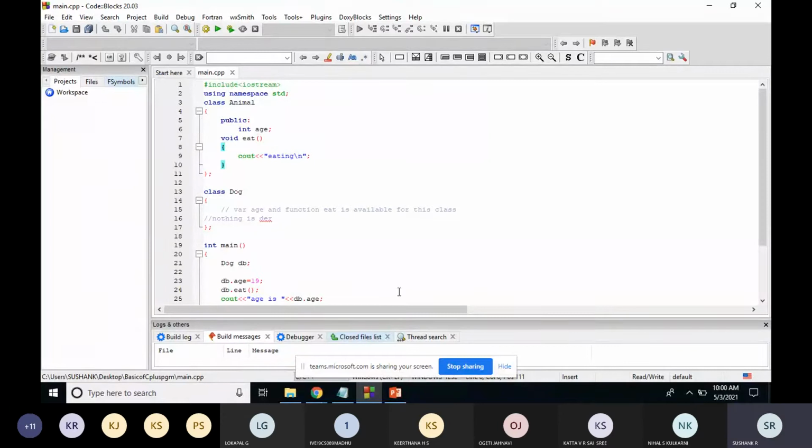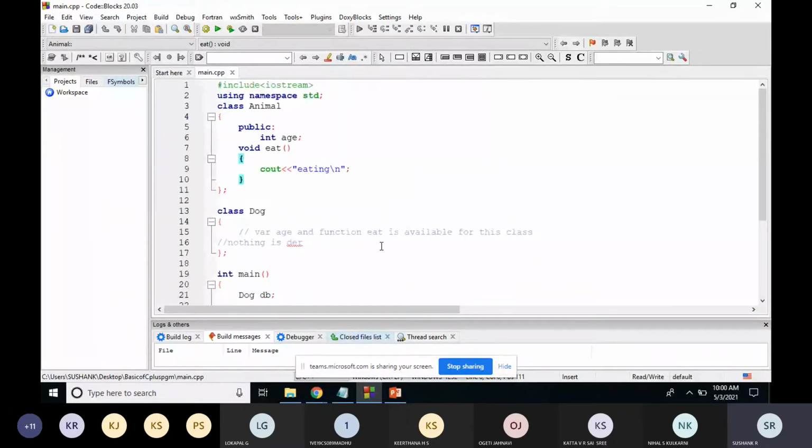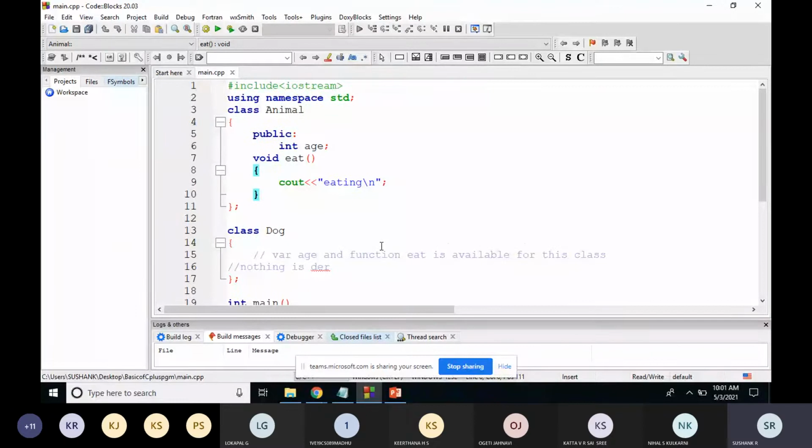Yes, sir. Okay. So last class I was talking about inheritance. In inheritance, we learned that you can use the properties of one class in another. If a base class or parent class has some features, and there is an inheritance relationship between the parent class and the child class, then the child class can also access the features of the parent class.